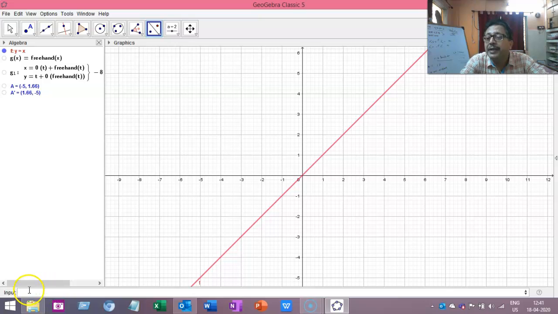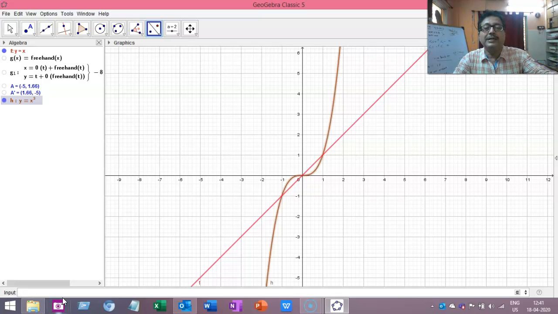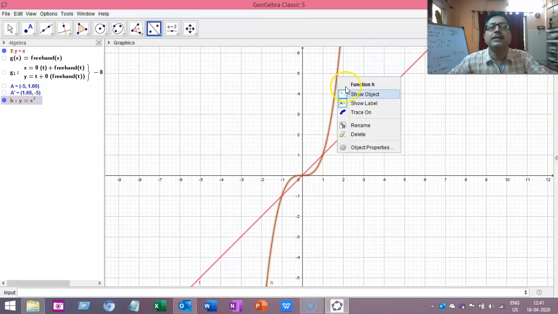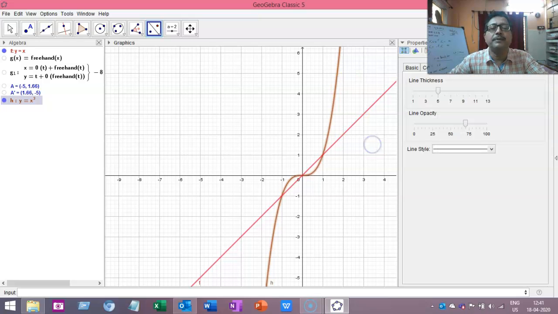I am making all these off. Now I am doing it for, say, the cubic curve y equal to x cube. If I plot y equal to x cube, the graph is like this. All of you can see that it almost looks a similar color, so I'll change its property.